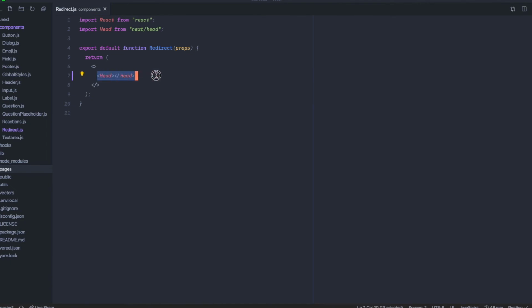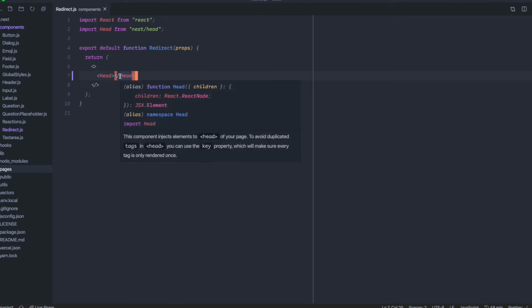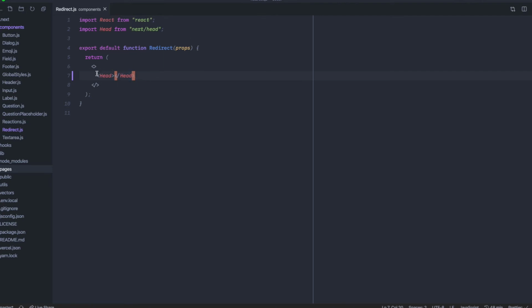And this redirect component is going to do a little bit of amazing vanilla JavaScript magic. What it's going to do is it's going to inject a script in the head using the next head. That script is going to be rendered before most of the React is and executed. And it's going to check if we have that auth cookie and then redirect us to the appropriate page. So let's go ahead and do that. So we'll have a script tag here. If I can type properly. And we'll have to do this amazing thing, dangerously set inner HTML,